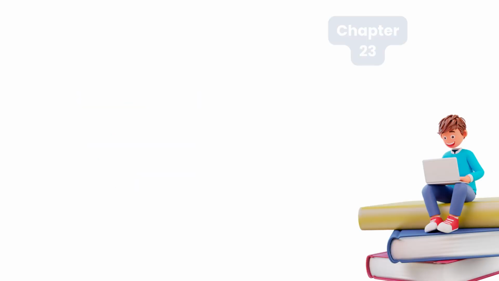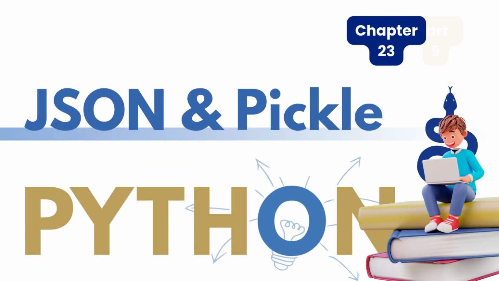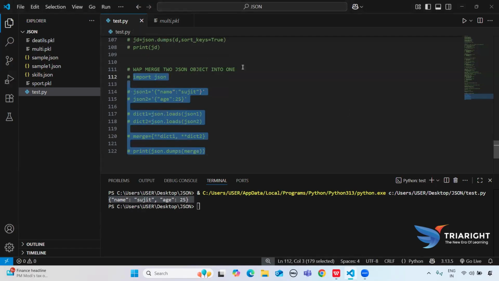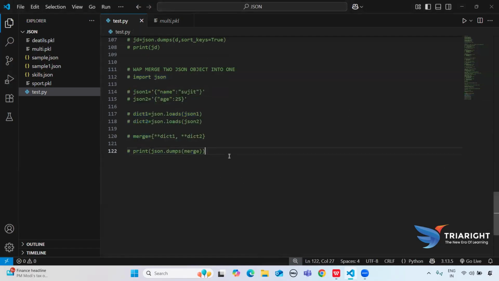In this session, we are going to discuss some more interview related questions in our JSON and Pickle module. I just need to comment out the previous question. Now the first question for this session will be: write a program to save multiple records into a JSON